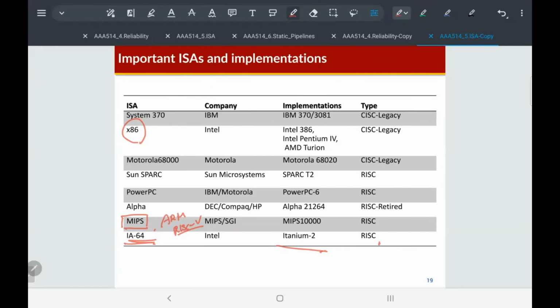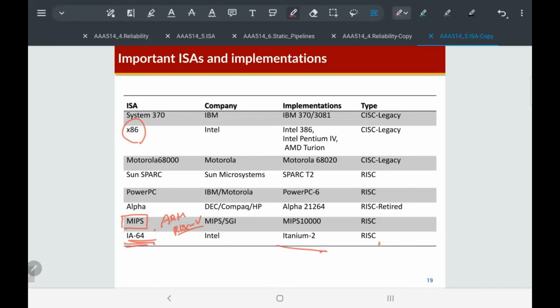Intel also knew that this x86 ISA is very complex and inefficient, so Intel tried to develop a very simple and advanced 64-bit ISA called IA64. Intel tried to promote this instruction set architecture, IA64, but